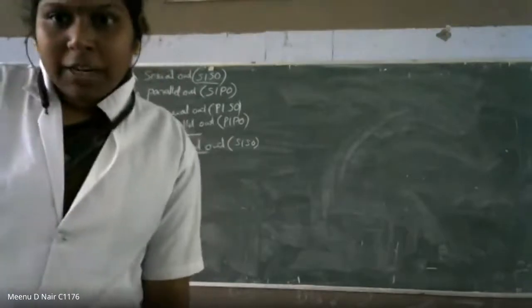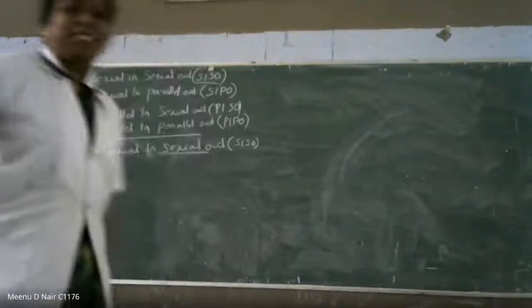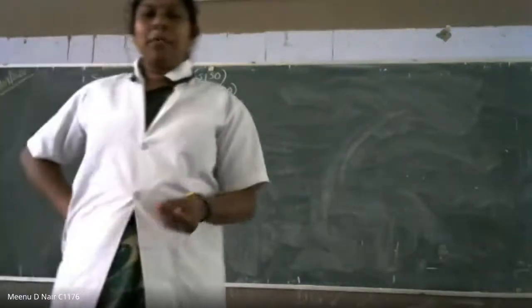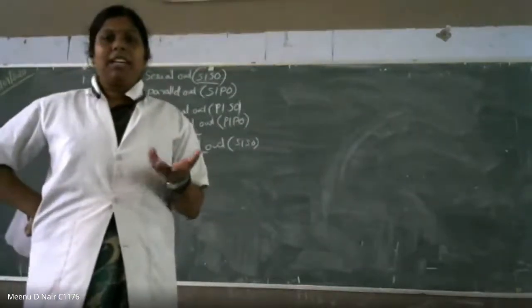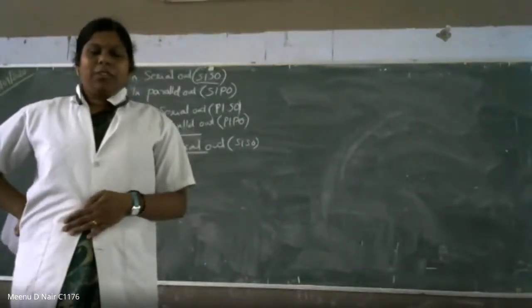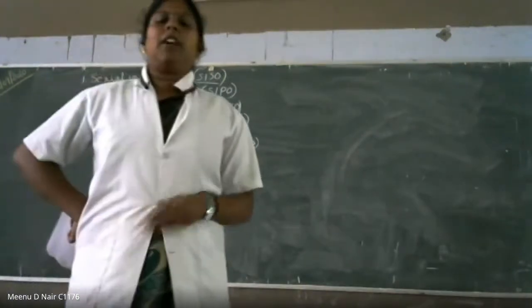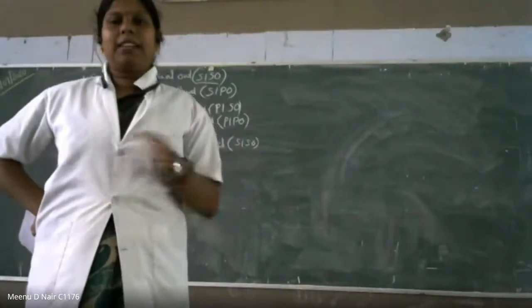Yes, very exactly, fantastic answer. Super. So that is the answer. Whatever you are giving as the input, the same thing you will get as the output. That is the advantage of a D flip-flop, right? So that is the only reason why we are using it for a shift register. Whatever is there as the input, in the next clock pulse you will get the same thing as the output.